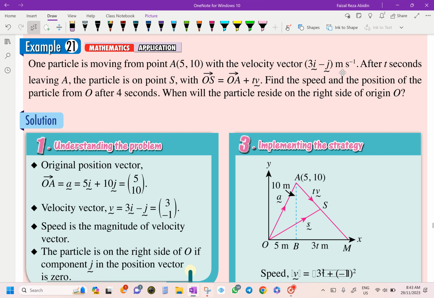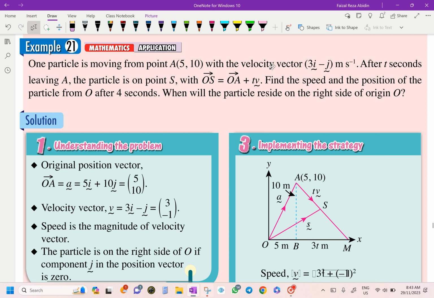Okay, the particle is on point S, OS, OATV. Find the speed. What is speed? Distance over time, right? How are we going to find our